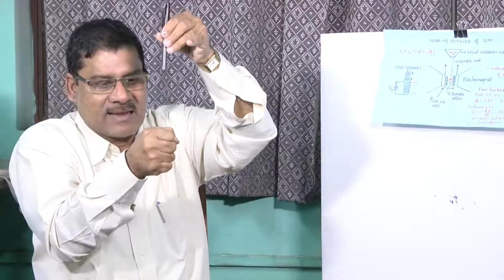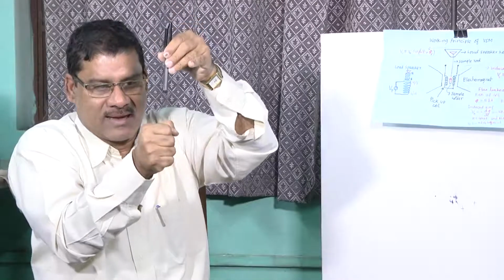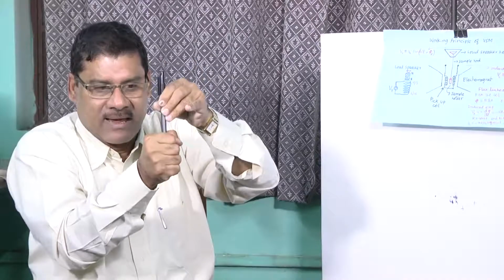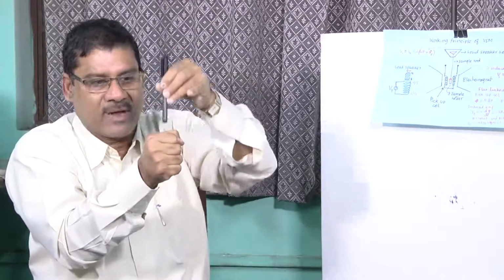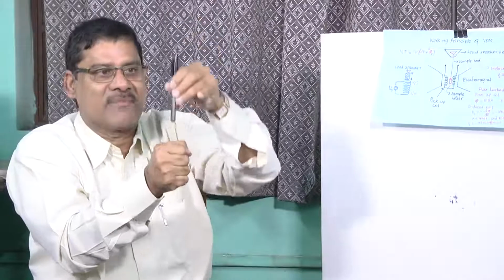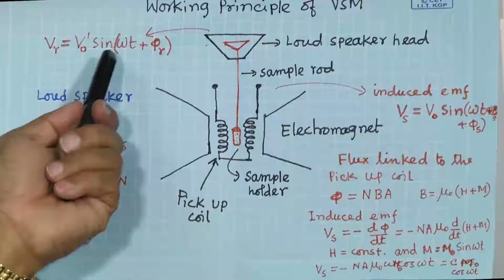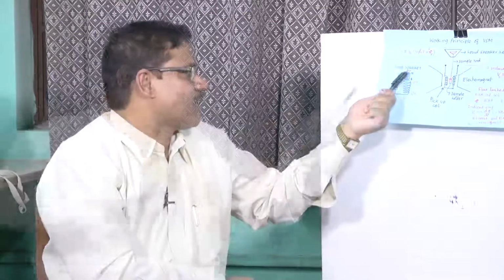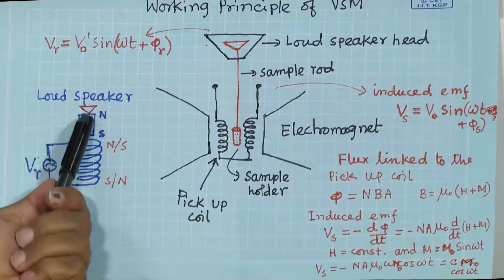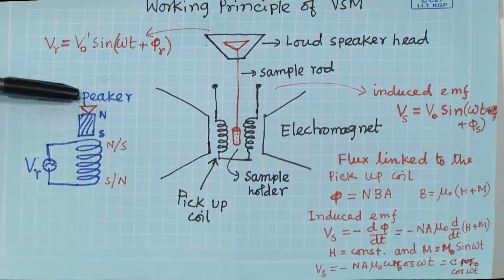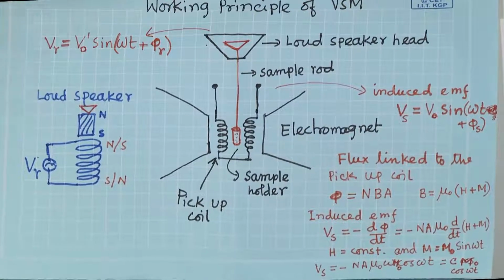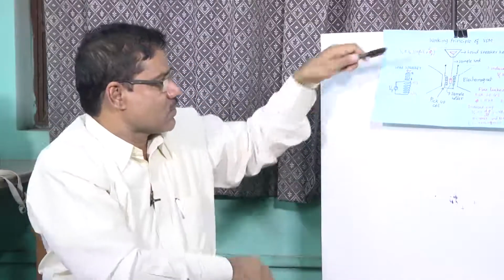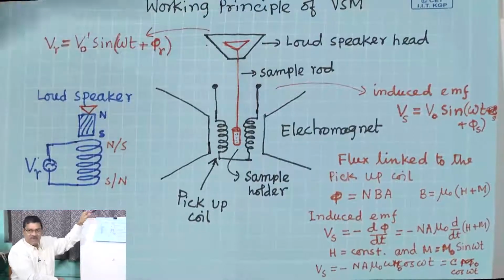Then next cycle it is south. Then it will attract, north pole and south pole, it will come down. For the next cycle it is going up, coming down, going up, coming down. So this way it is vibrating. Now, that head, the loudspeaker head as I told, is connected with this permanent bar magnet. So this one is going up, as I have shown here inside this box, so it is vibrating in the box.